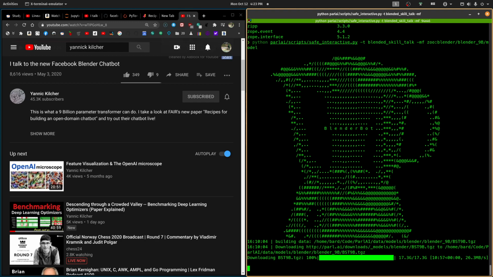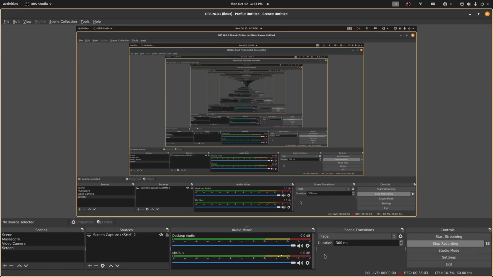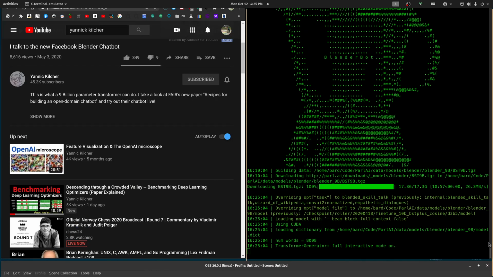It could be uncompressing it. I think TGZ is a zip file, so it may be expanding that. But what it's not doing is giving us any indication of what it's doing. So we just have to live with it. Nothing we can do about that, and wait. I'm going to put you back on pause again. Okay, we're recording again.